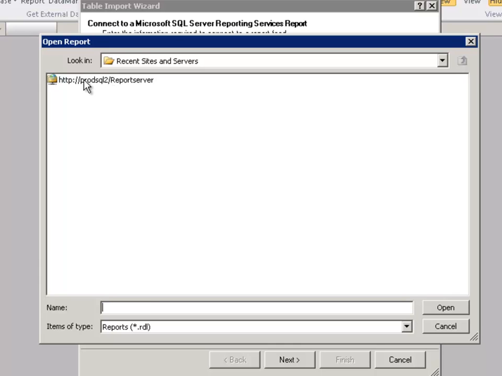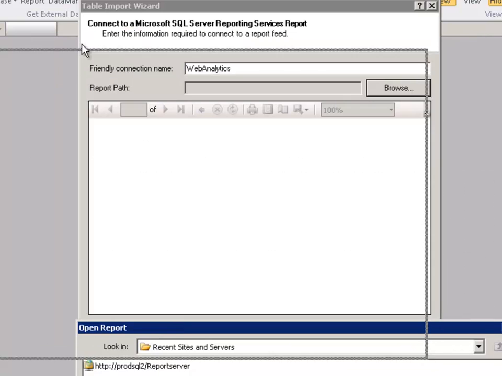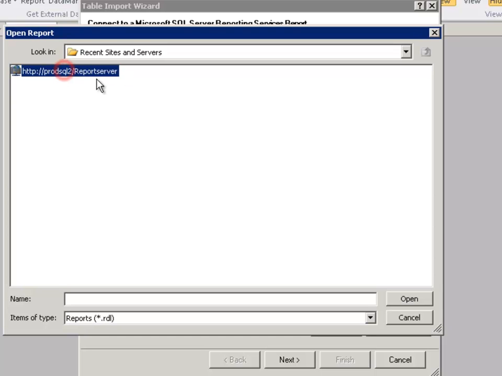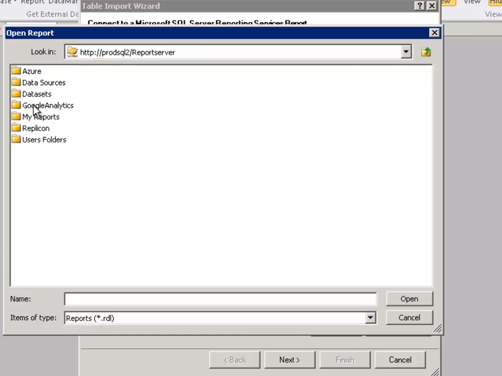If you're familiar with Reporting Services, you have two URLs. One is the Report Manager URL, or the front end for the end users, and there's a second URL which is a SOAP web service URL. And even though this dialog box doesn't tell you which one to use, it really is looking for the web service URL. So typically that will end in ReportServer for the native mode of Reporting Services. So I'm going to double click on that, and if I go down and find the same report,